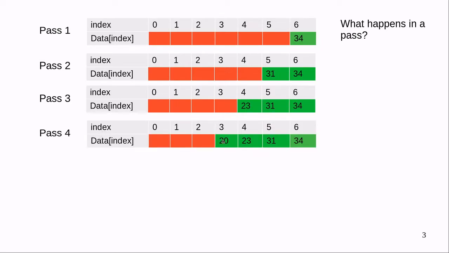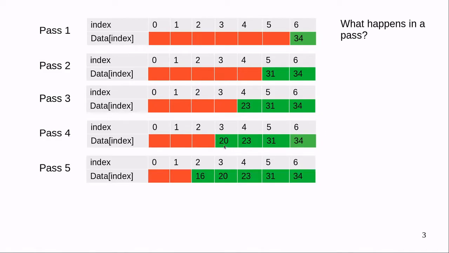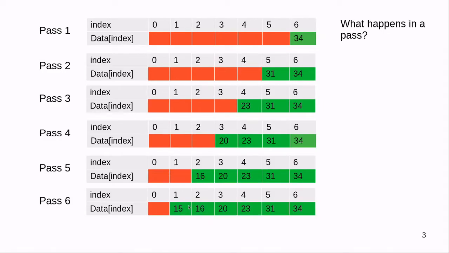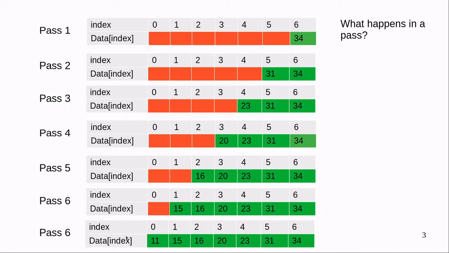In the fourth pass we move the fourth largest element to the fourth position from the end, in the fifth pass the fifth highest element, and in the sixth pass the sixth highest element to the sixth position from the end. As we see here, we just have one element left, so we can't place a wrong element here. So with the sixth pass we'll have a fully sorted array.